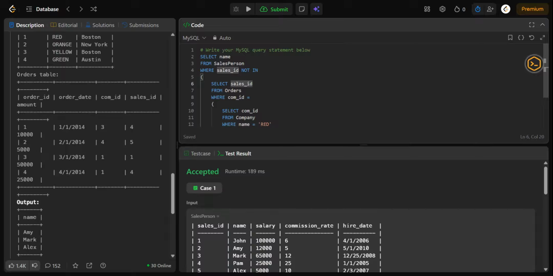So finally, now move on to this portion of that particular query. This removes John and Pam from the result, because we are using the NOT IN operator.